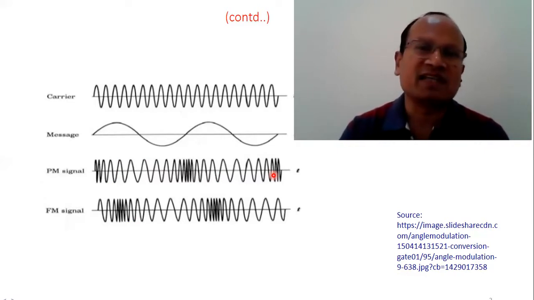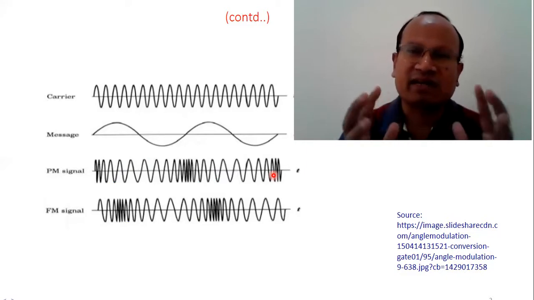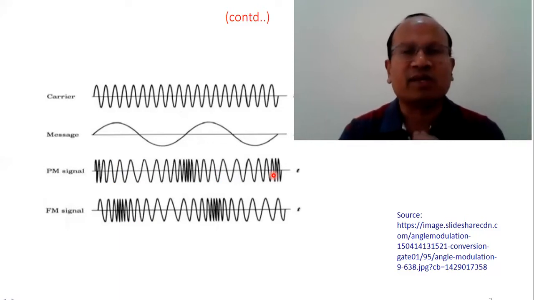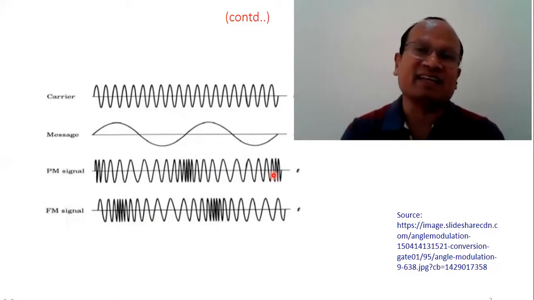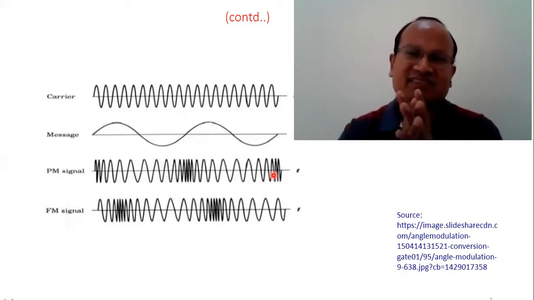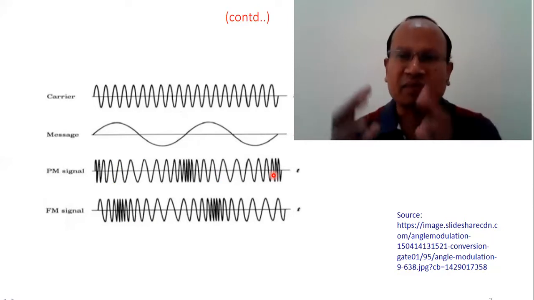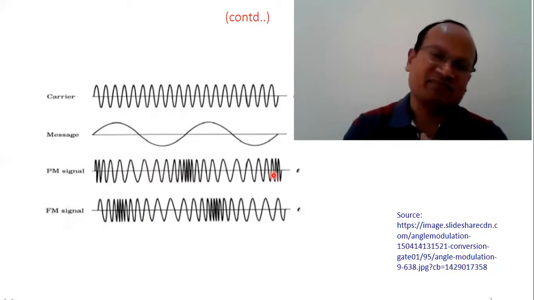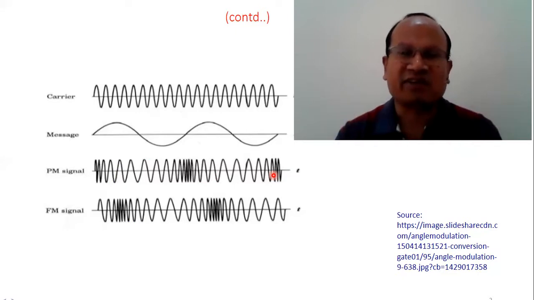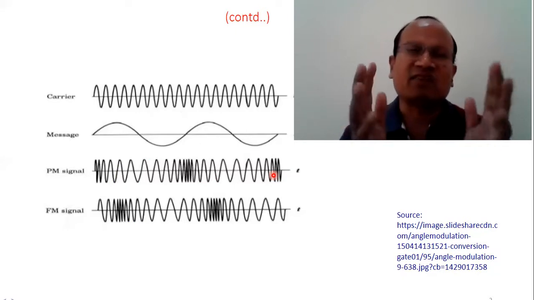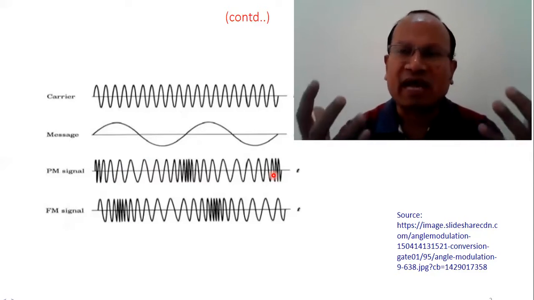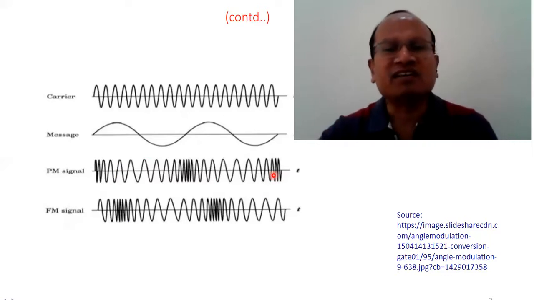We know that omega is equal to d phi by dt, where omega is angular frequency, which we can also write as 2 pi f. F is the ordinary frequency, and omega is d phi by dt, d theta by dt, where theta or phi is the angle. So the derivative of angle, the derivative of phase, is actually angular frequency, and that angular frequency gives you 2 pi f. F is the normal frequency. So you can understand that the normal frequency is 1 by 2 pi multiplied by the derivative of the angle, and therefore the relation is like this.